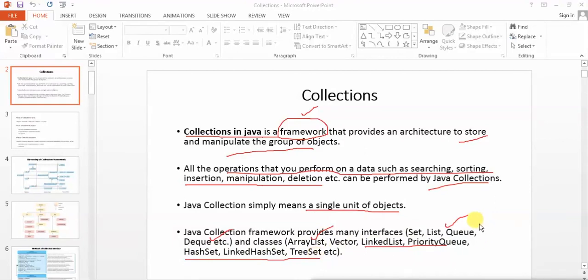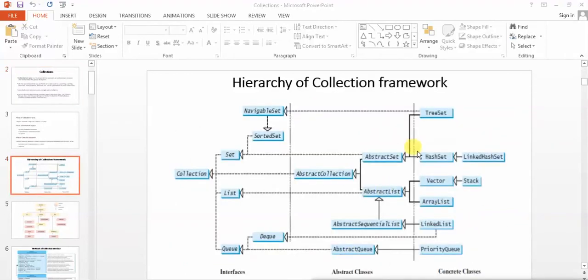So overall it's sort of a data structure in Java. In the collection framework of Java, I'll be discussing only 4 or 5 classes with the help of which you can store and manipulate your elements or your data. But first of all, let's look at the hierarchy of Java collection framework, the hierarchy of classes and interfaces.